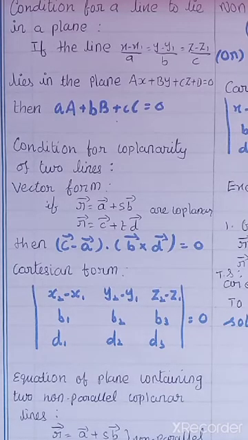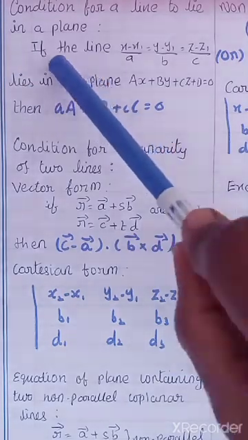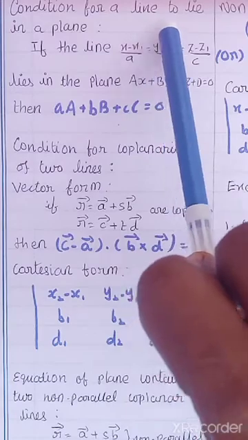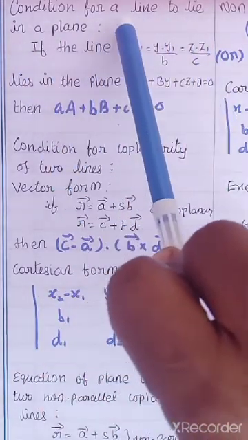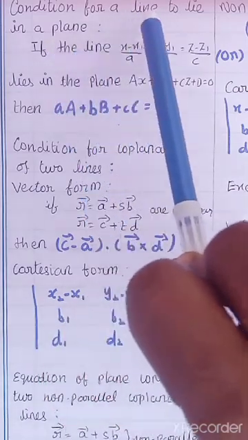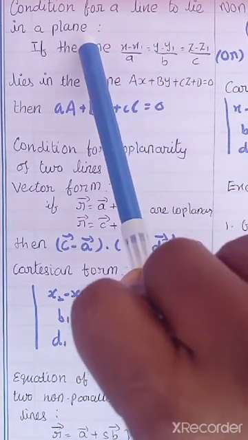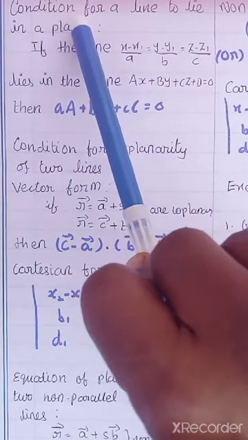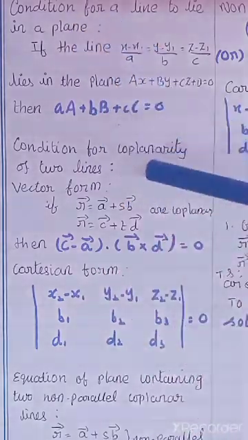Today we are going to see conditions. We are only going to see 3 conditions today. So what are the 3 conditions? Your first condition is the condition for a line to lie in a plane. We are taking one line and one plane, and we are going to check whether that line lies in the plane. So what will be the condition? This is your first one. And your second one is